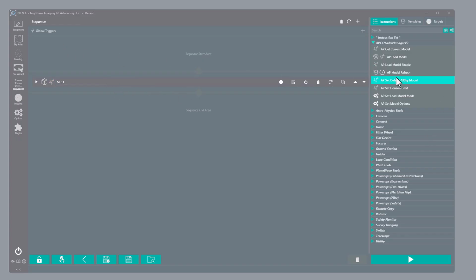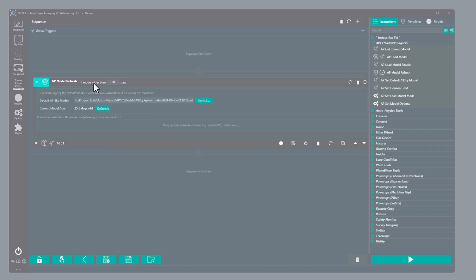Before we do any of these things, we might, for example, have an option to do a model refresh. And this is really intended to be refreshing the all sky model. So if a model is older, and this is again specific to the default all sky model, so we'll look at that. This means, of course, you have to have an all sky model. So if it's older than a certain number of days, let's say 30 days, so it's older than a month, we can rerun this. And you can actually select, if you forgot to choose an all sky model, you can